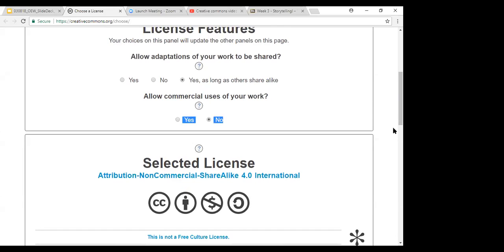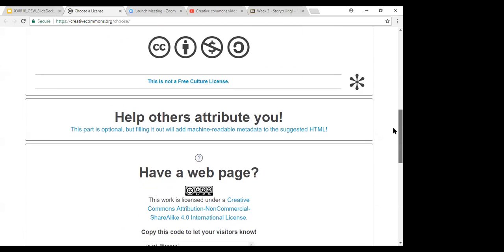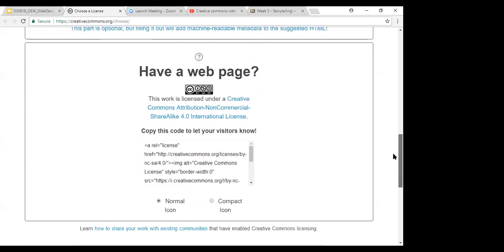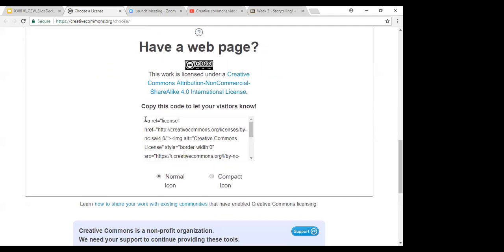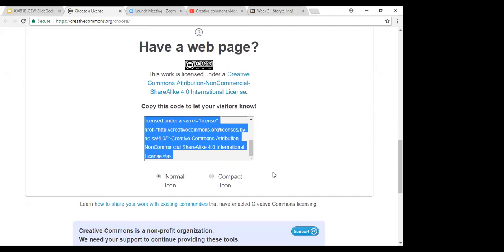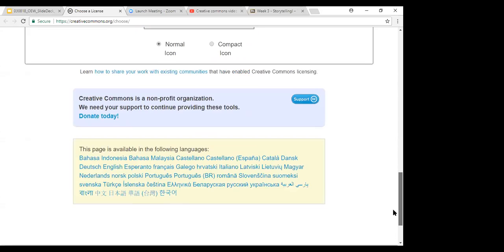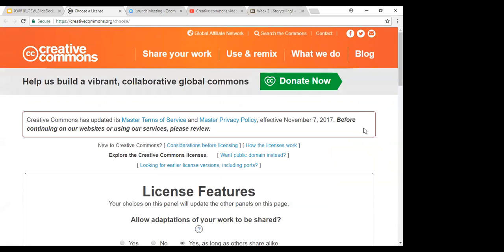And then once you have this, you can scroll down and it gives you the link right here. So you just copy this and then you paste it right next to your work on your website, or I guess you could photocopy it and put it right on your materials if you're doing print materials, because now you also have the image right here. So can we go into my Blackboard? Yeah, so just click.